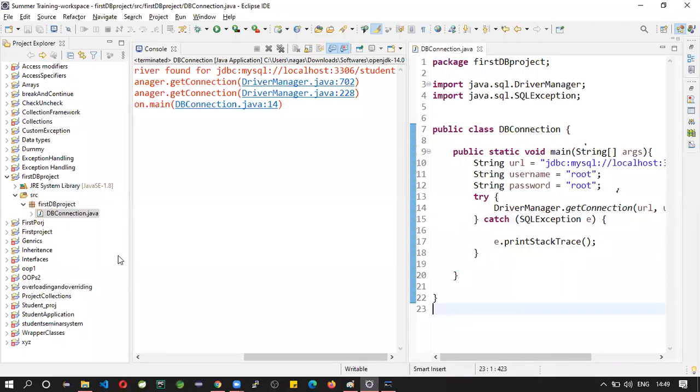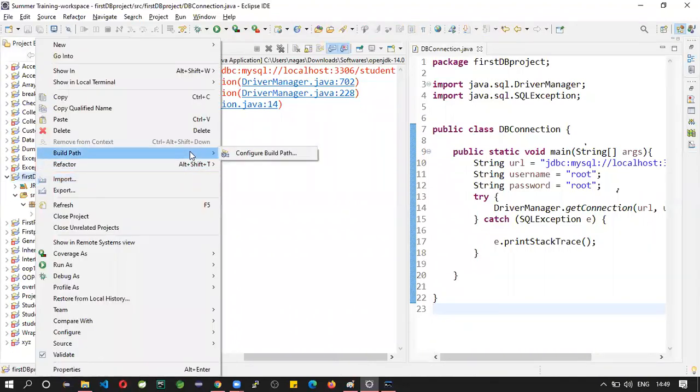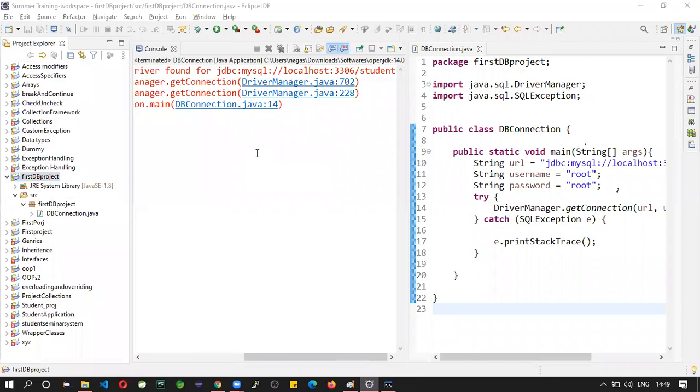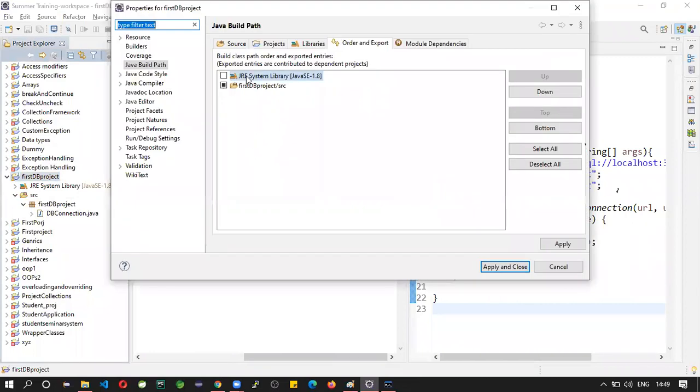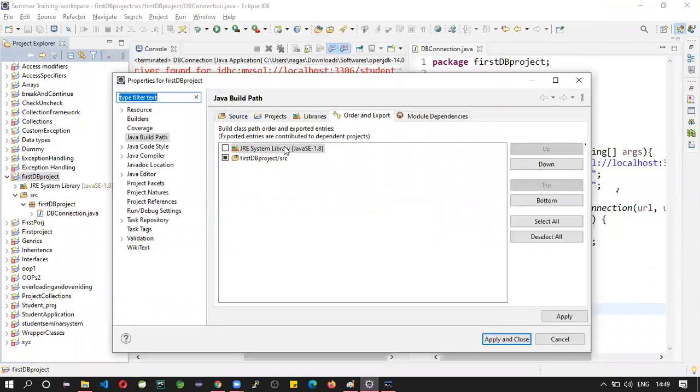So how can we add the driver or jar file? Click on the project, right click, click on build path and configure build path. See, this is already available. What we need to do is add a JDBC driver.